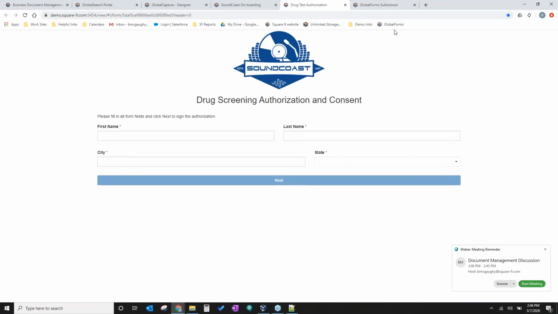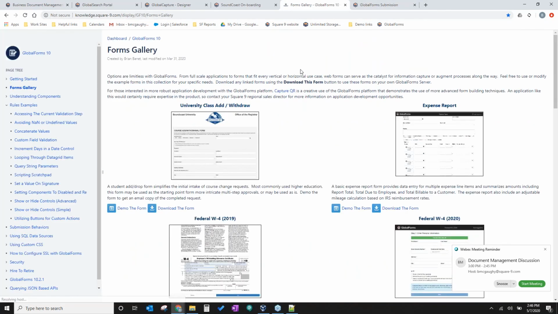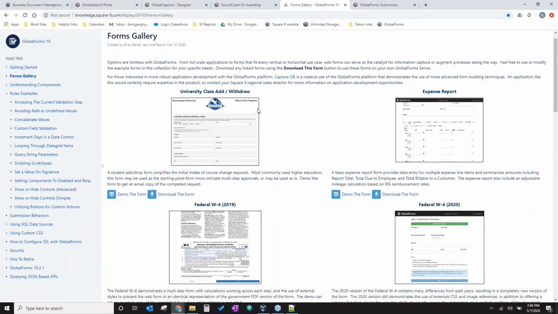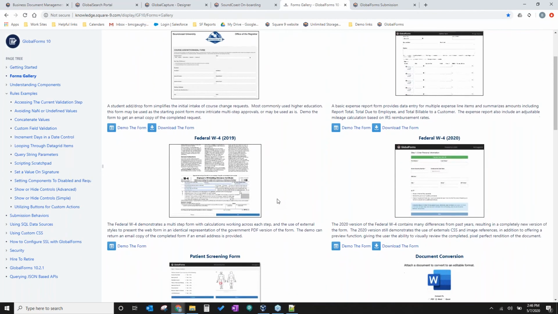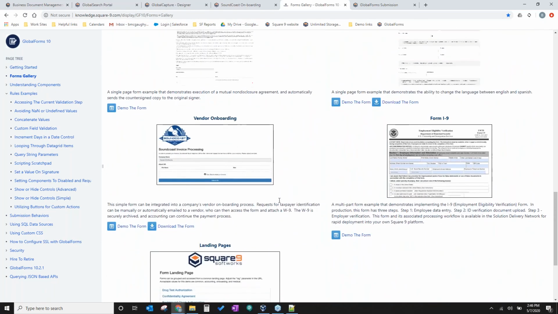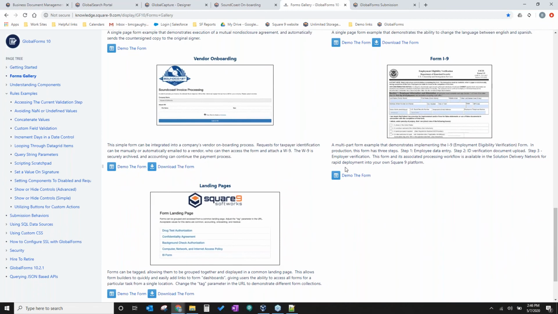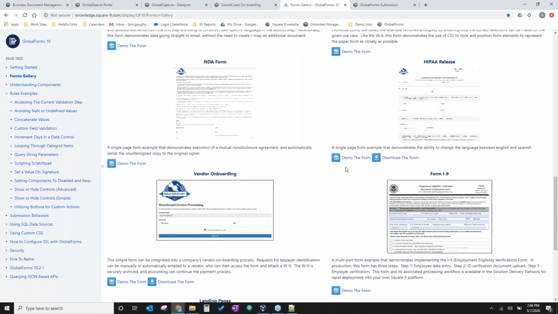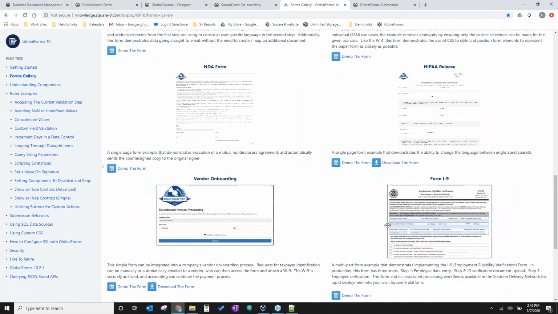Now, if you're interested, we have a forms gallery that you can access from our website. This gives you a number of different forms and samples of other things that we can do. Okay, so here's our landing page that we were just looking at. But let's take a look at, let's say, this I-9.